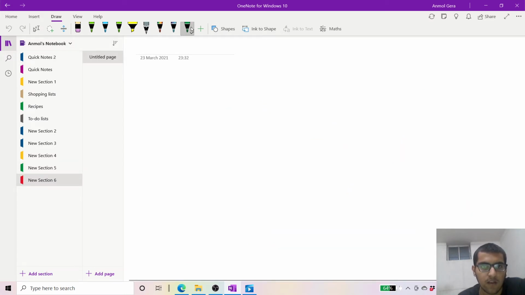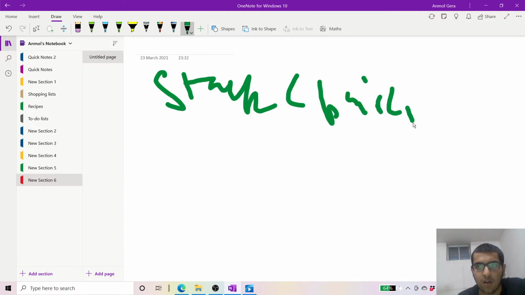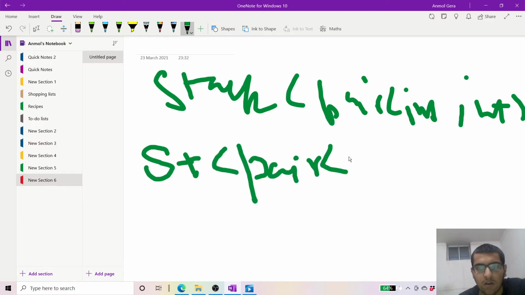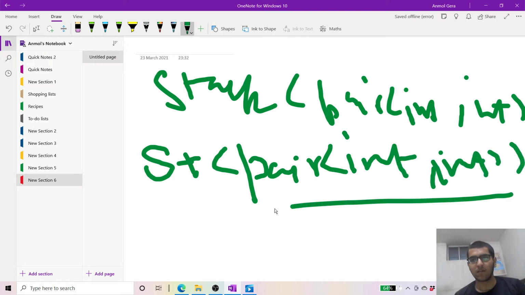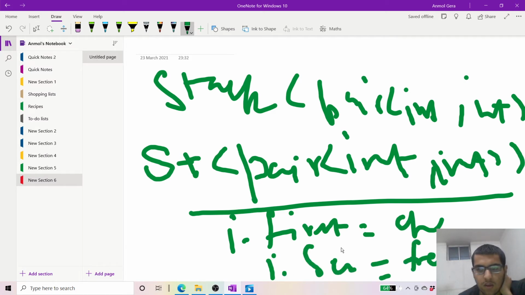So I will design a stack which would be pair int comma int. Let me write that clearly. This is a stack, let's call it st, pair int comma int. Now, i dot first will store which character I'm particularly at, and i dot second will store the frequency.